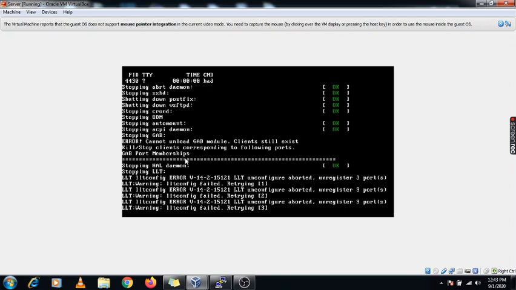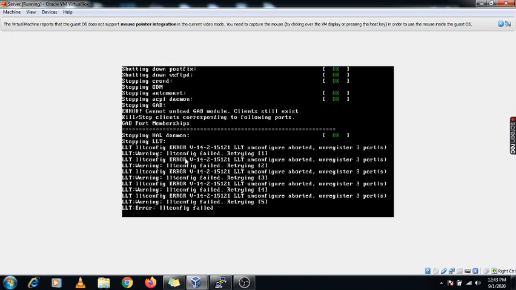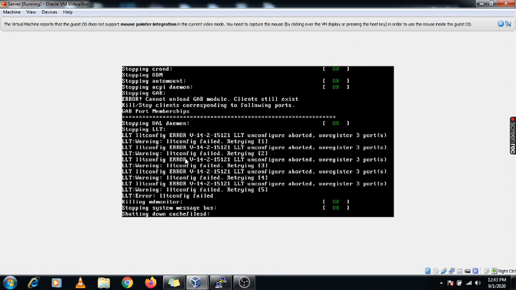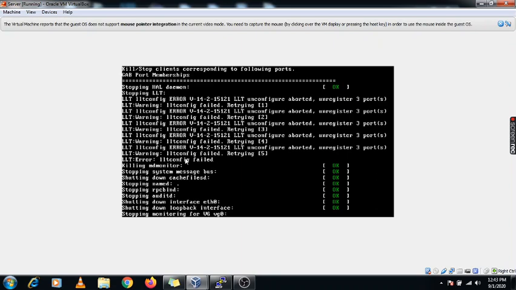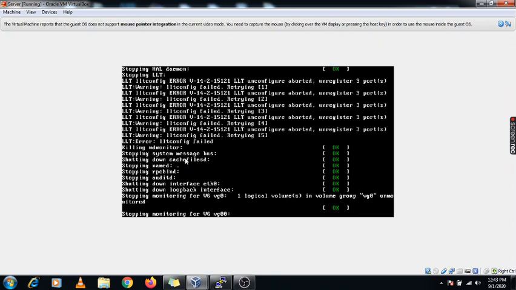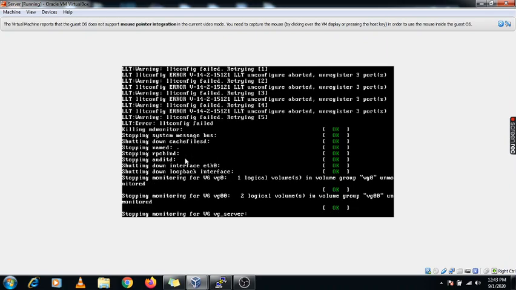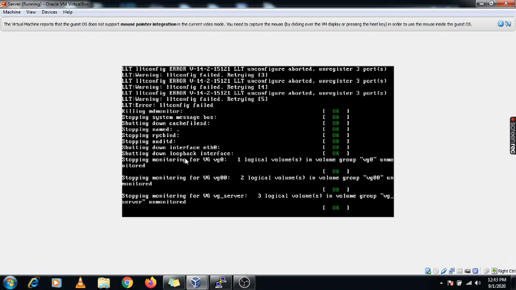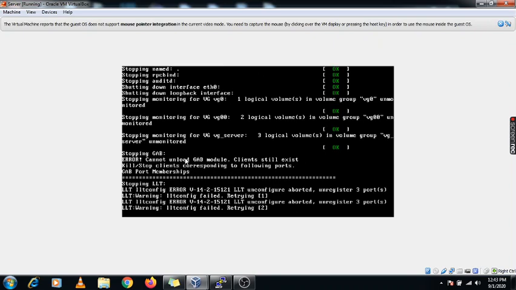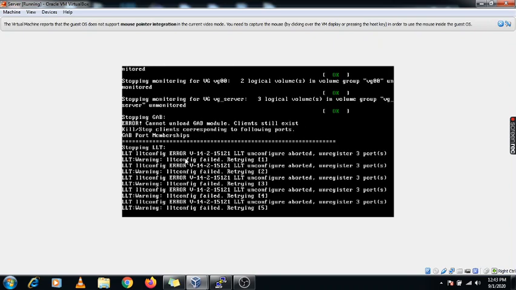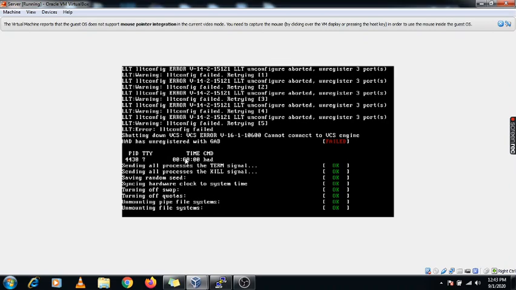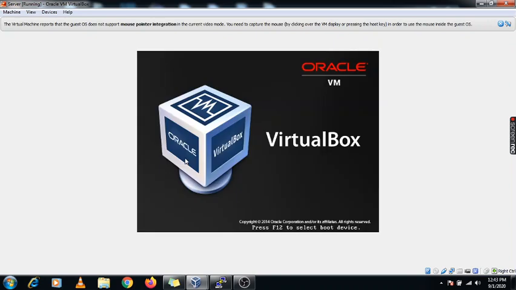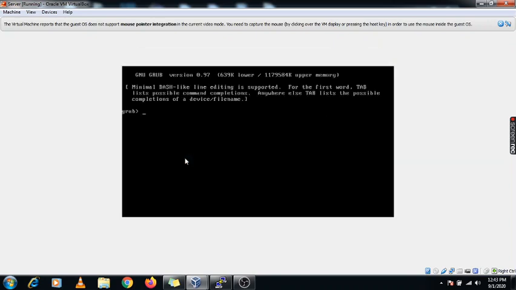This is my virtual machine, so I have taken the console of my machine. Basically, we use Linux rescue mode in this environment for basic troubleshooting of OS related issues, or when some files related to the kernel or grub are corrupted. So at that time we do this. Now we are getting the grub prompt.